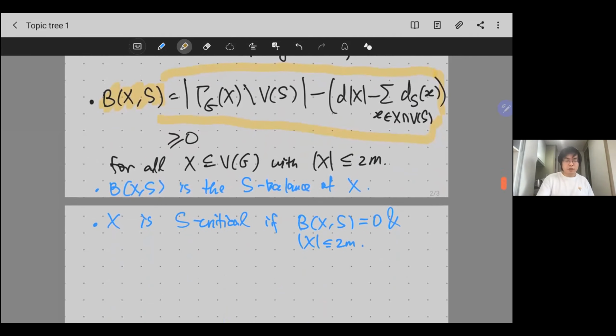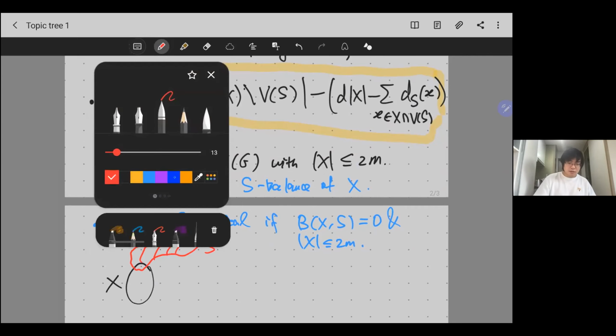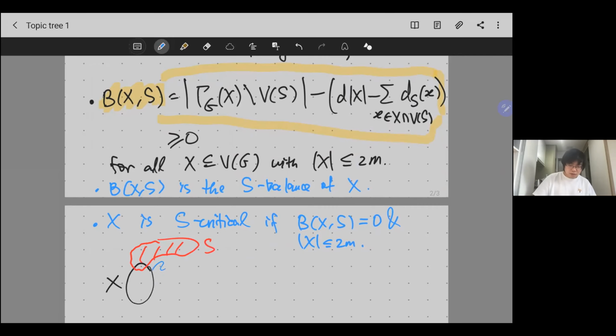Let's draw a picture, okay? I have X here. I have some partial embedding S, okay? It could intersect S, I don't know, something like that. This is my S. This is the partial embedding that we have for the partial tree or forest. And now we require that the balance to be non-negative. What it means is that the neighborhood of X out of S, so the neighborhood of X out of S, we look at its neighborhood, which is here, right? We want this guy to be at least as big as,